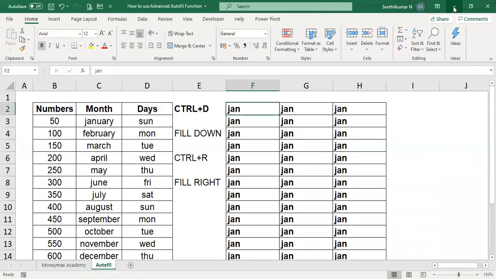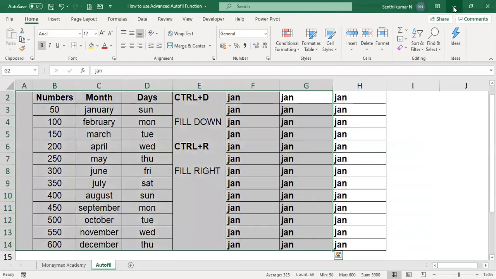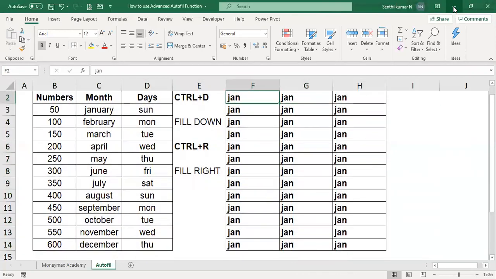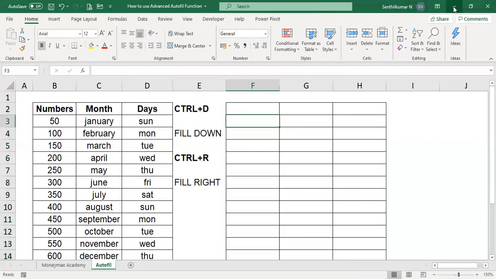So this is the automatic data. Suppose you forget your password, what is the other way? You want to type the name Ramesh.